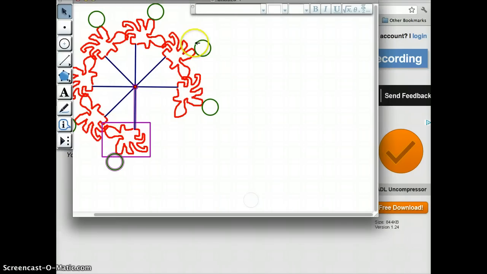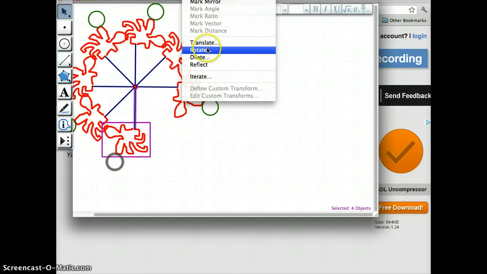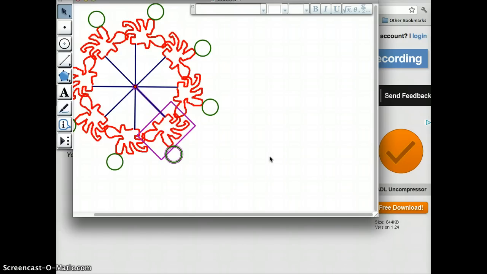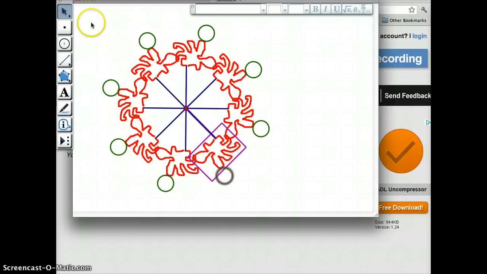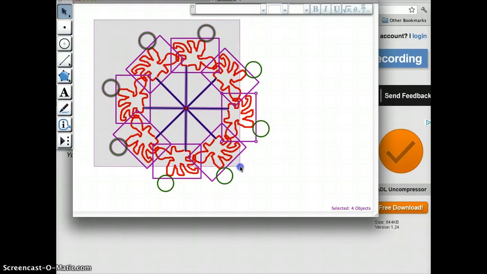Oops, didn't want to translate. Try that again. Rotate. Alright, so now I've made a complete rotation around. This one has rotational symmetry all the way around, and so now I've created a little image. And if I move this to the center here, and then I actually highlight the whole thing,